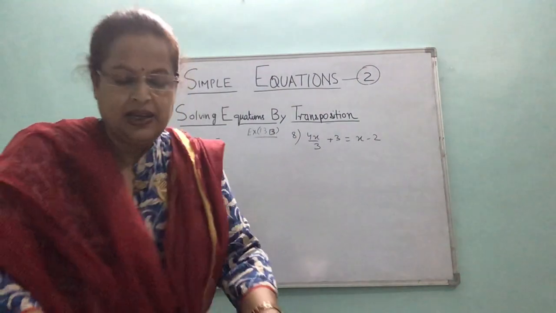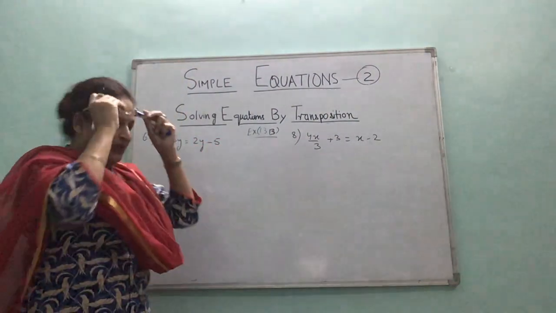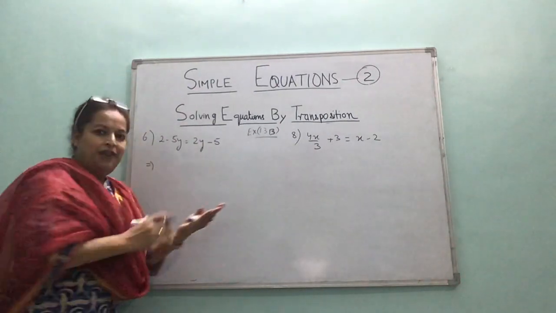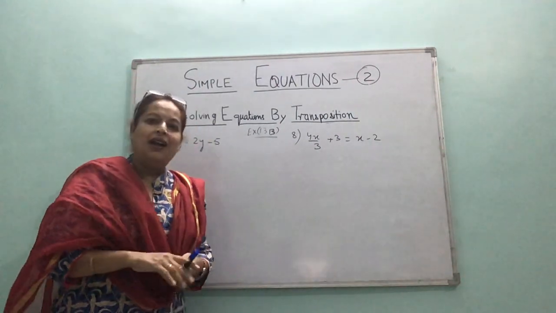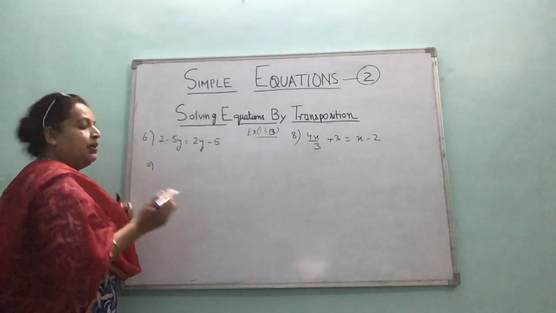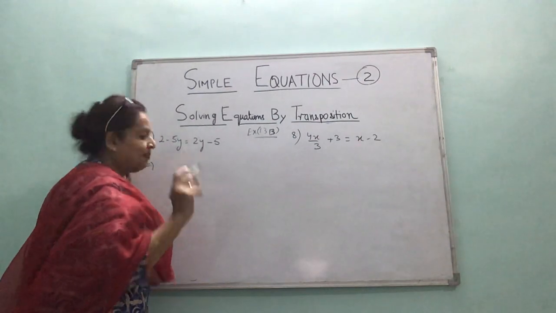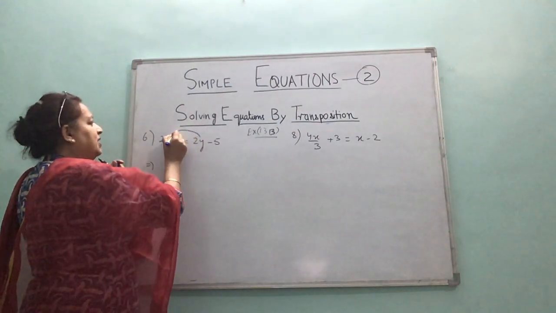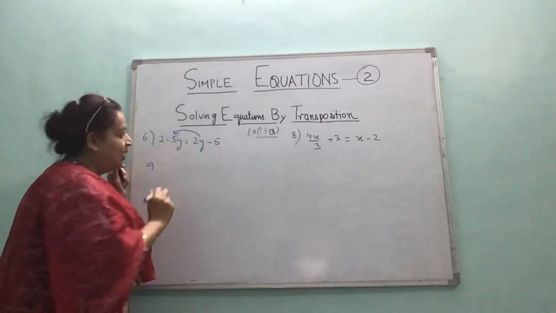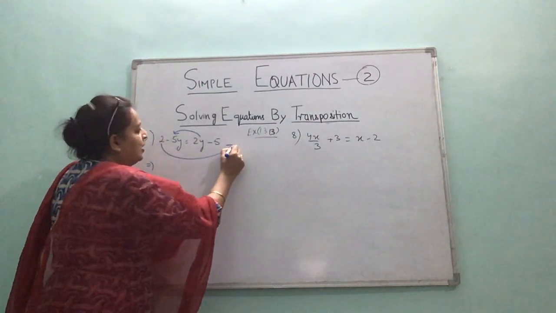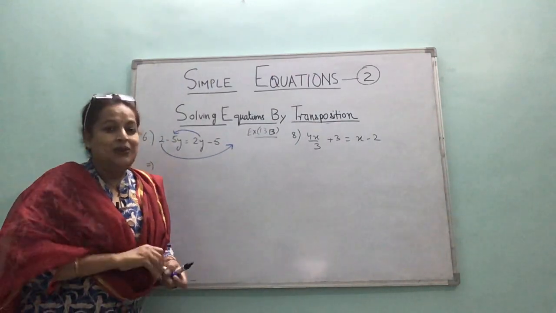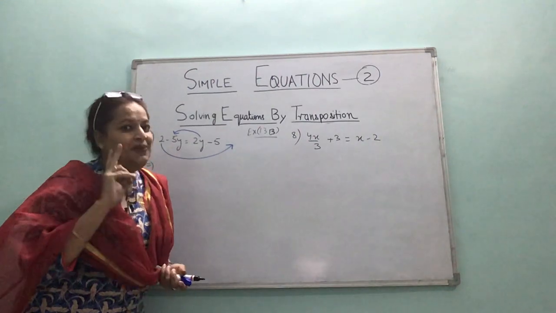Alright. So what are you going to learn in these 2 questions? What is my rule? First, bring all the variable terms on one side and the constants to the other side. Now what will you transpose? When you shift the term, the sign changes. So I'll be shifting this to this side, 2y to the left hand side, it will become minus 2y. And I'll shift plus 2 to the other side, it will become minus 2 when it goes to the other side. So now we are doing 2 transpositions in one step.